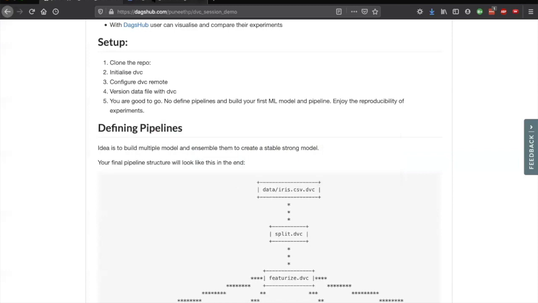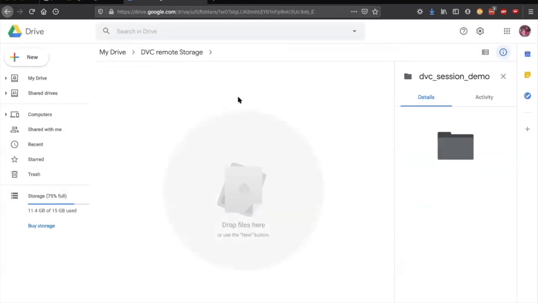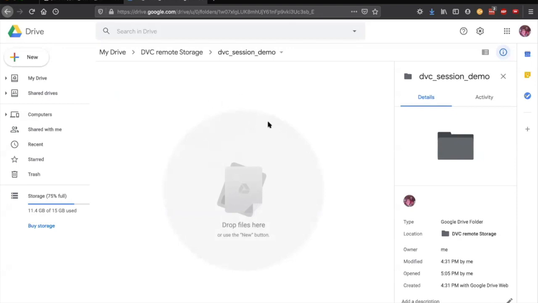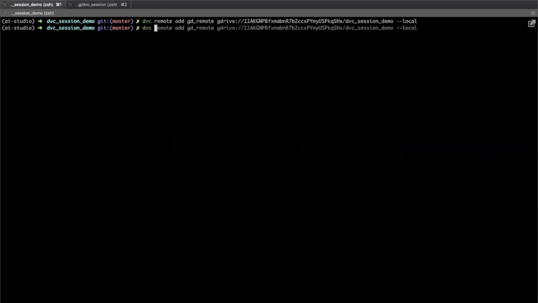I'll show you. It's pointing to DVC session demo, which doesn't have anything right now. I can push to this remote just like we do git push. The command is just dvc push pointing to the Google Drive remote.